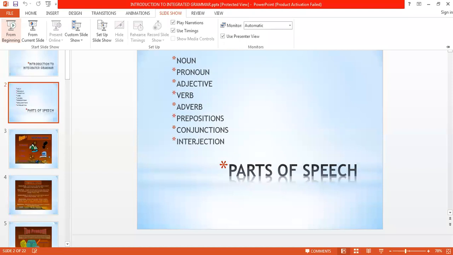Now next comes the proper noun. When we give a special or particular name to a particular person, thing, or place, then it becomes a proper noun. As I have already told you about the building and St. Francis. In the same way, a person can be any person, but if we give a name to the person like Sanjay Leela Bhansali, now when we say Sanjay Leela Bhansali, directly the image comes to our mind. It is just because of the proper noun. But if we say just the person, we do not know which person we are talking about.